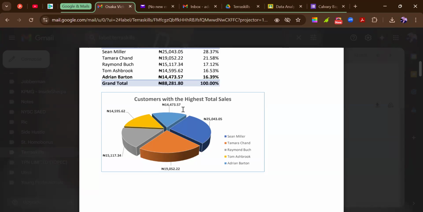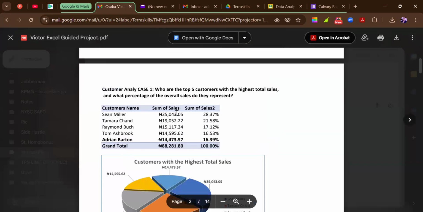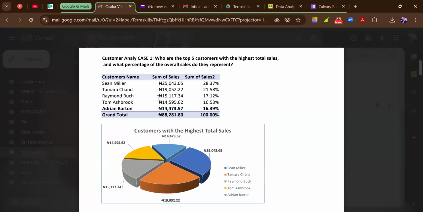Do you understand? Yes, sir. Since you are representing Nigeria very well, and yeah, sum of sales, please. It's just supposed to be sales. While this is sum of sales, I like this idea of the sales percentage too. This is a very, very good idea for you to calculate the sales percentage. Very, very good one. Yes, sir. So I think I just learned something. Thank you. So sir, just leave it as sales instead of sum of sales, and leave it as sales percentage. You understand? Okay, sir.